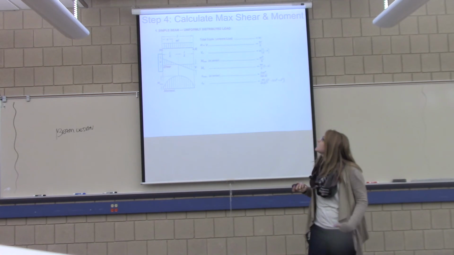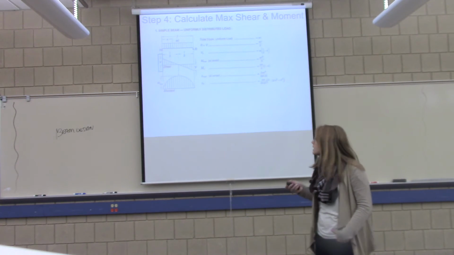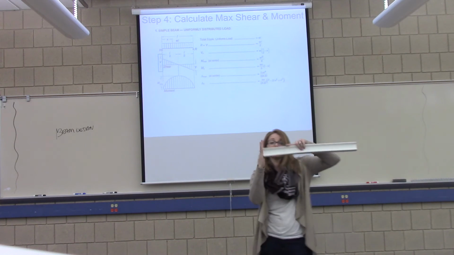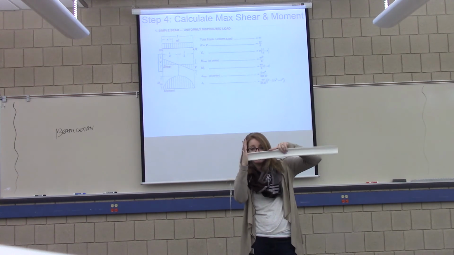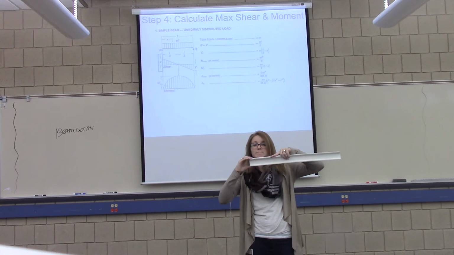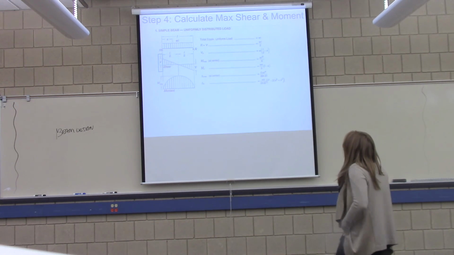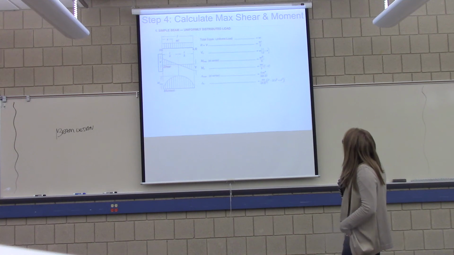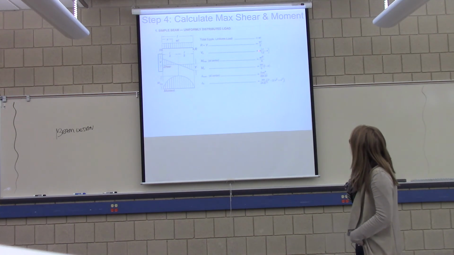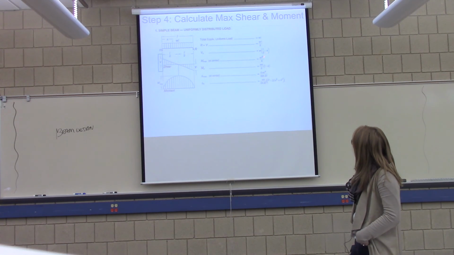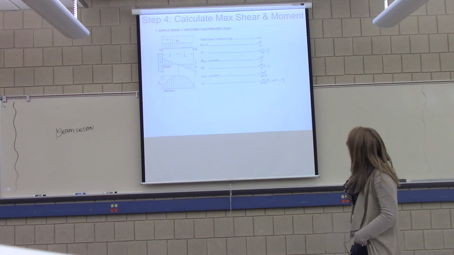Step 2 now is to calculate that max shear force. Shear force is V. Remember that maximum shear force is going to be at our connection points, where our beam connects to a column. So what's the maximum force that will be acting on there? What you will do is calculate V by using this equation here. So again, W is your uniform load, L is your length divided by 2, and then X is the